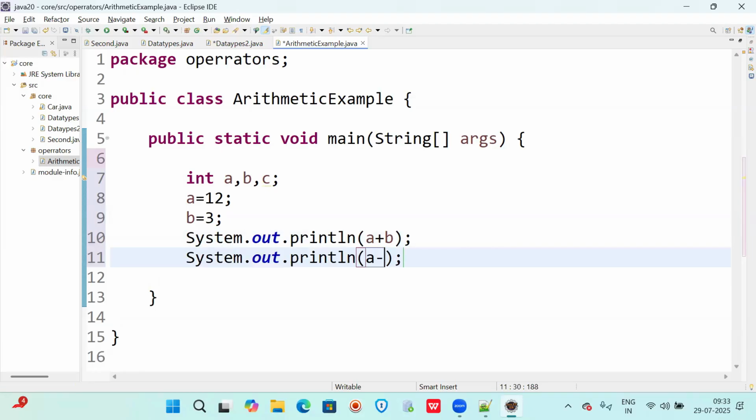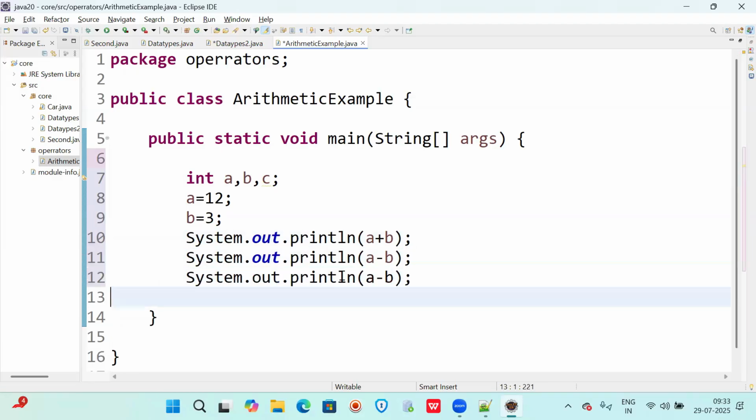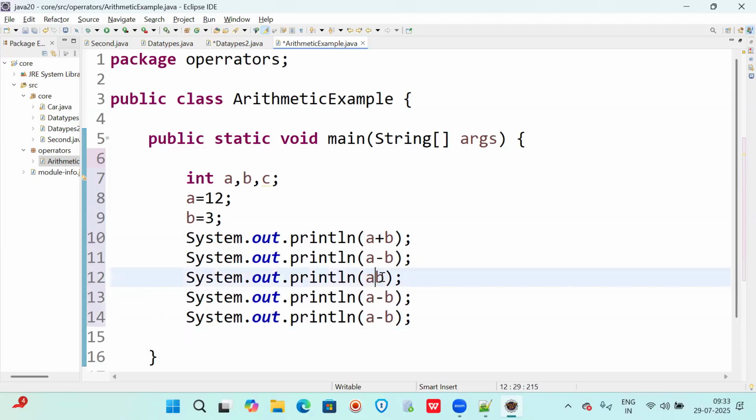And then system.out.println A minus B. Like this, I will be performing all the calculations: A into B, then A by B, and then A modulus B. So like this we wrote.